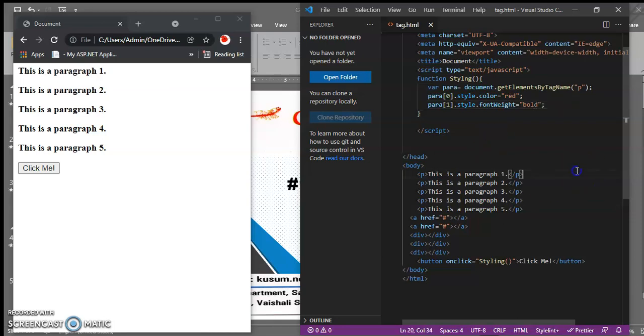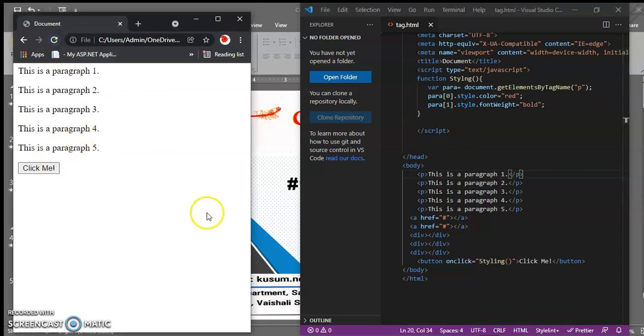For the second line, a bold sentence will be generated. Control S, refresh this page and click on this button. When I click on this button, this function styling will be executed, and the first line will be red and the second line will be in bold. Control S, refresh this page, click on this button, nothing happened.